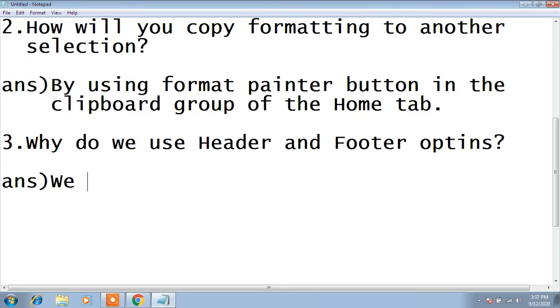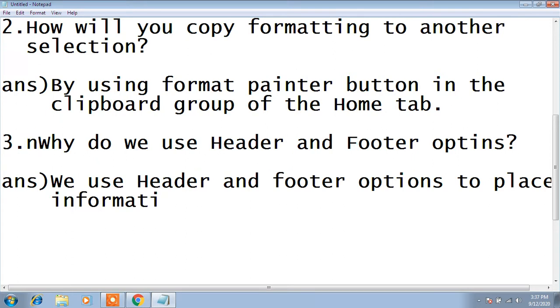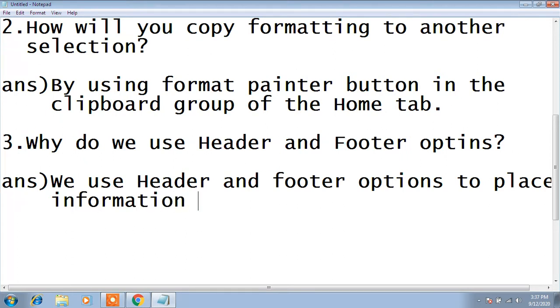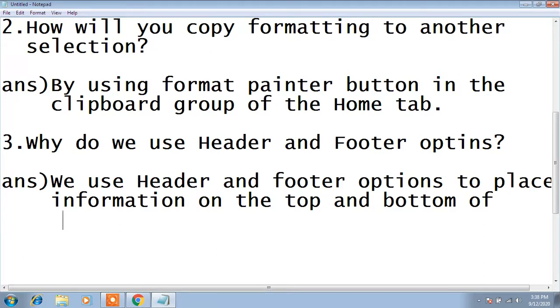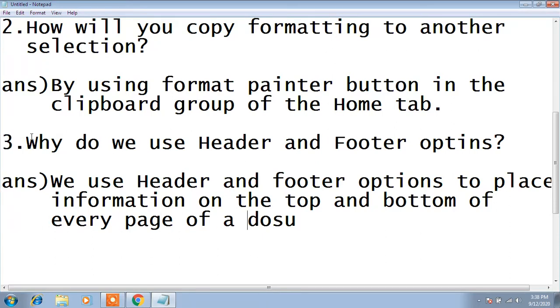So the answer is: we use header and footer options to place information at the top and bottom of every page of a document. This is the answer for the third question.